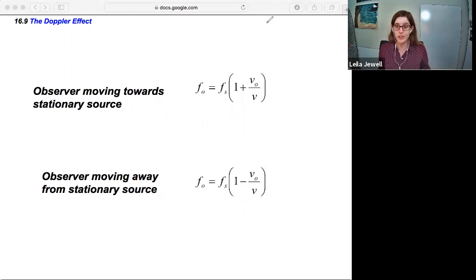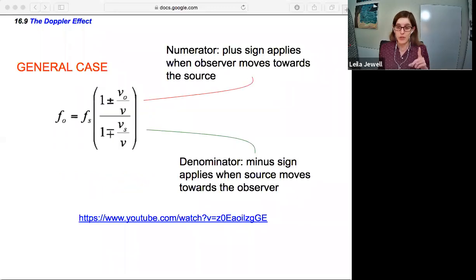And you could sum all four of these equations up into one massive equation if you want. So the most general case is that the observed frequency is equal to the source frequency times the quantity of 1 plus or minus the speed of the observer divided by the speed of sound, divided by 1 minus or plus the speed of the source divided by the speed of sound. So in the